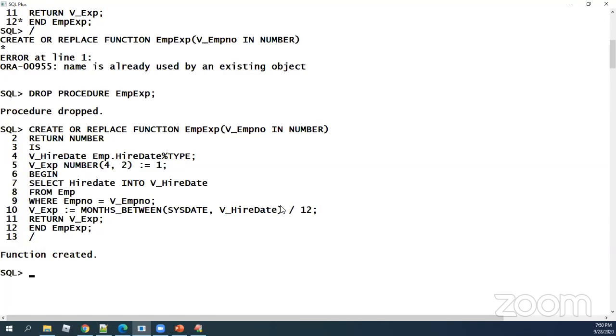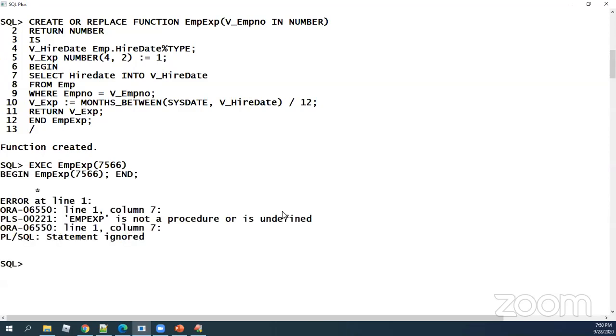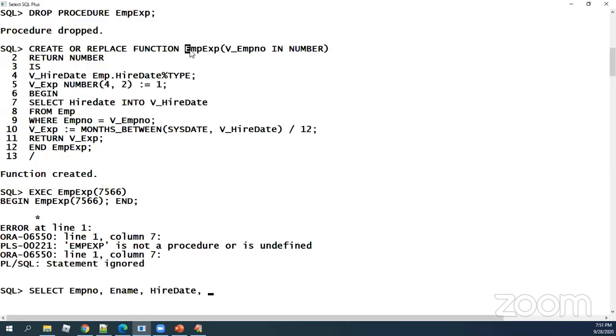Now, when you take a function, you already know that a function cannot be called as a standalone implementation. If I call my function like this, it's absolutely an error. So a function should be called definitely in a context. Am I clear? So you just watch, I'm saying select employee number, comma, ename, hire date, comma, I'm just calling the employee experience function from here.